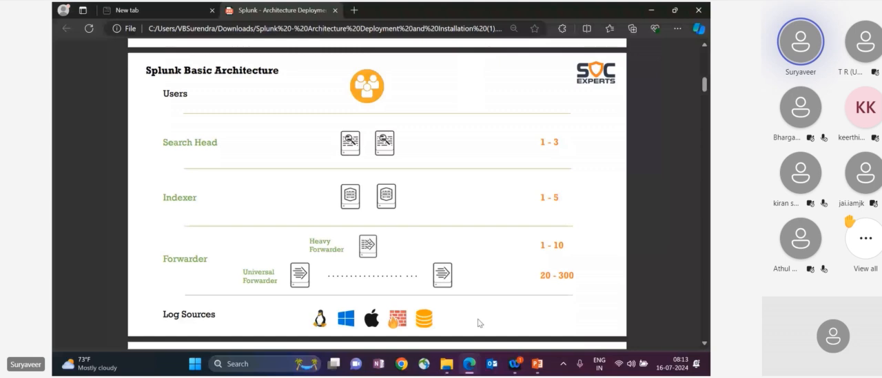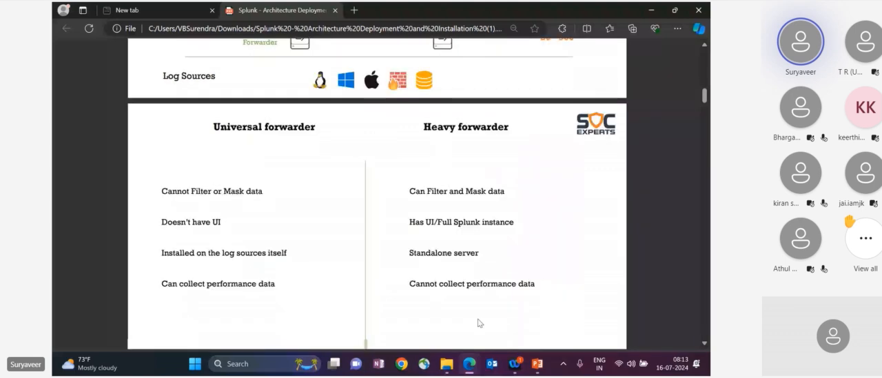Okay, so that's about the indexer. The search head, in very simple terms, is just a UI, guys. Don't worry too much, it doesn't have much of a technical aspect to it. It's a graphical user interface, right? That's about it. And if you want to see the difference between universal forwarder and heavy forwarder, you can see